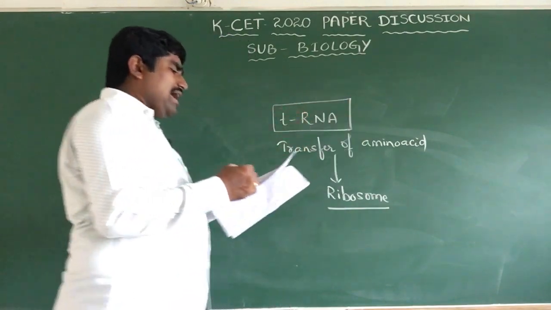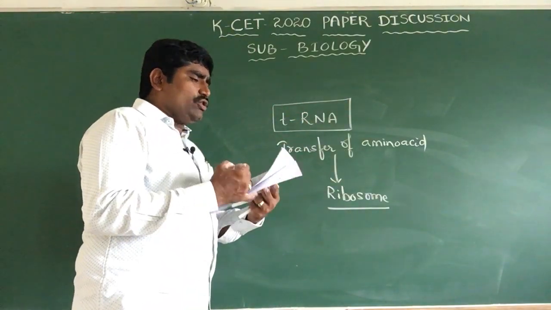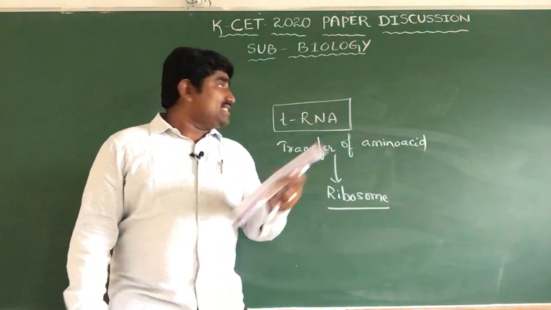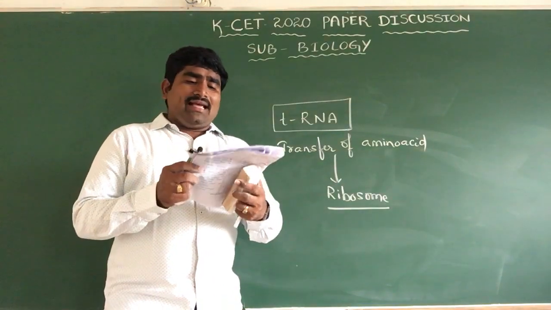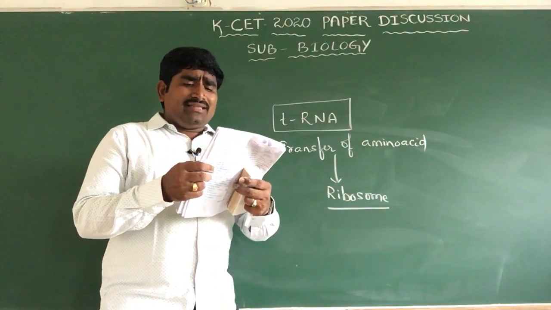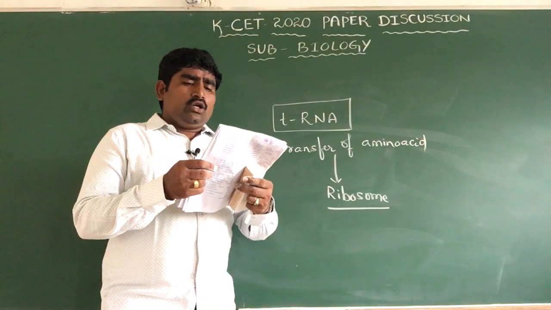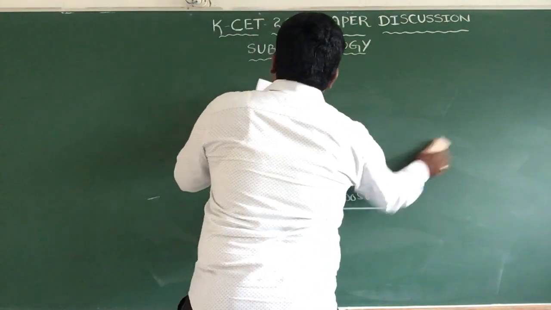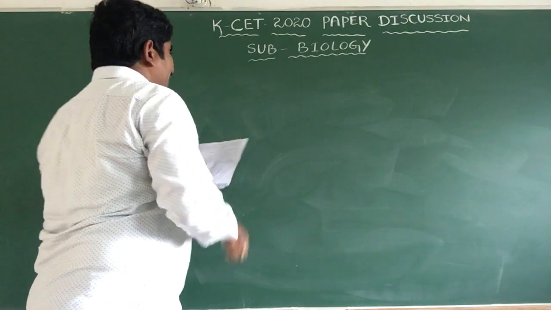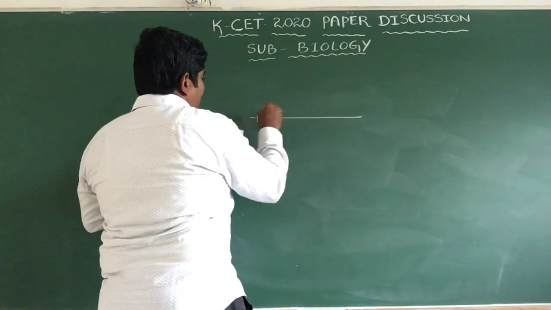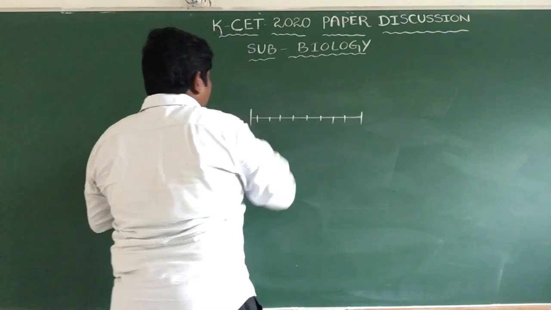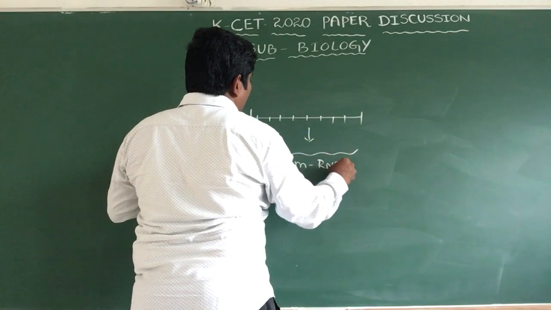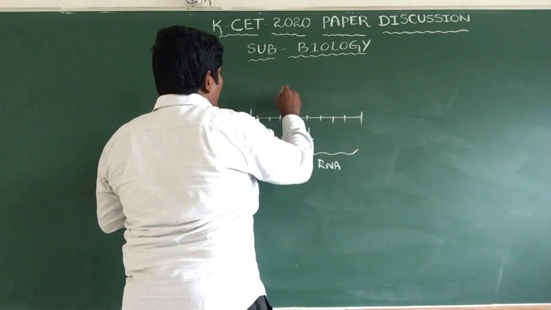Here the answer is, which RNA carries amino acids from the amino acid pool to the ribosomal surface? That answer is tRNA. Next one is, in eukaryotes, the entire base sequence of a gene does not appear in mature RNA because, once again let us see, in eukaryotes, the entire base sequence of a gene. For example, this is a gene, and this gene contains some sequence. When this sequence is copied by mRNA, it will get a complementary copy. So this is, for example, a structural gene.